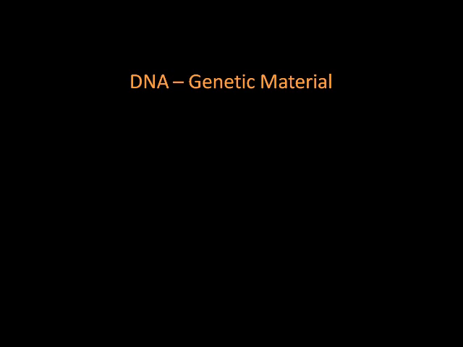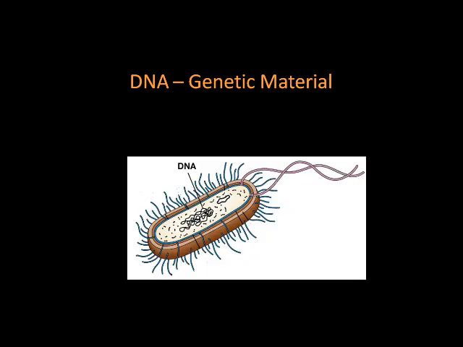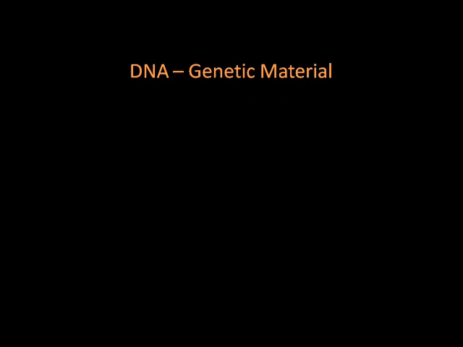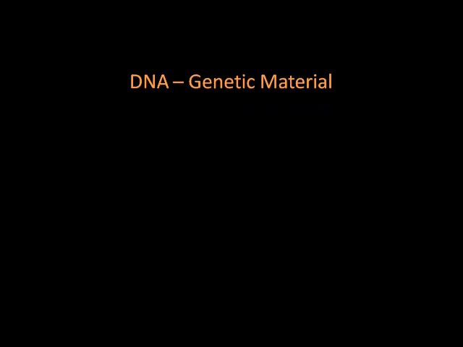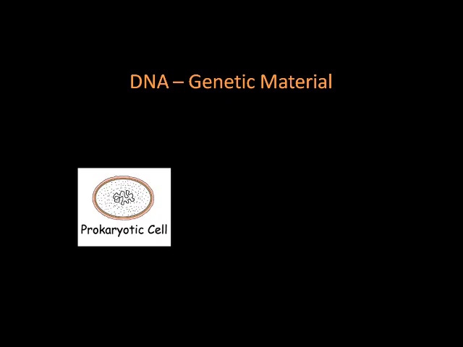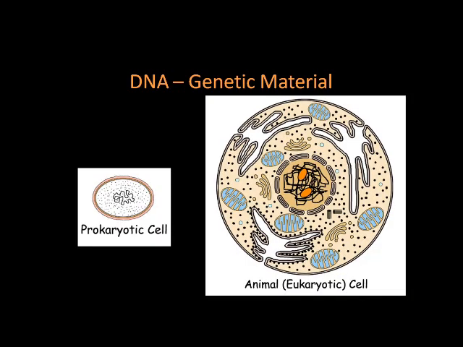But the place where the DNA is held inside the cells is very different. Prokaryotic cells have the DNA spread all through the cells. There's no special place where the DNA is kept. On the other hand, in eukaryotic cells, the DNA is held in something called the nucleus. The nucleus is like an envelope inside the eukaryotic cells, and one of its jobs is to hold the DNA. So prokaryotic cells have DNA, but no nucleus to hold it. Eukaryotic cells have DNA, and it's found inside the nucleus.